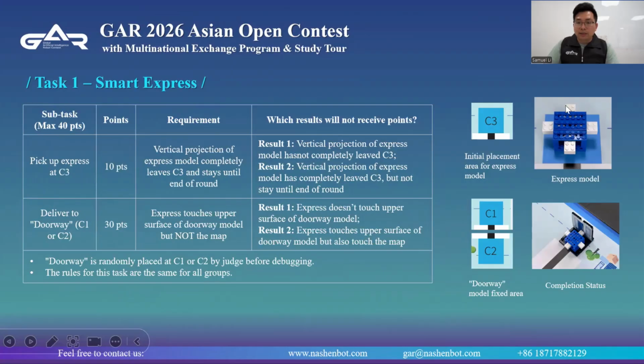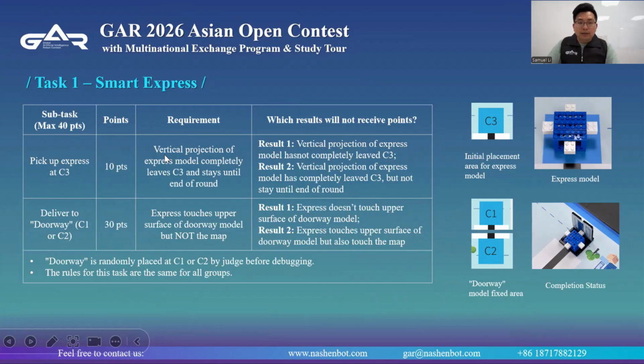Here is C3; the express model is placed at C3 at the beginning. So teams need to move their robot to this area, pick up the express model at C3, and get 10 points.